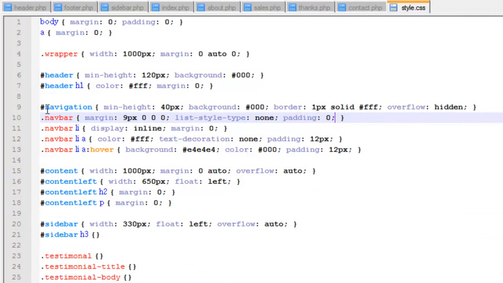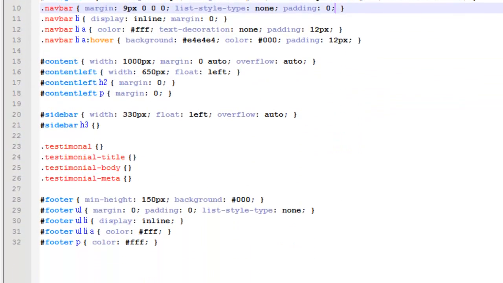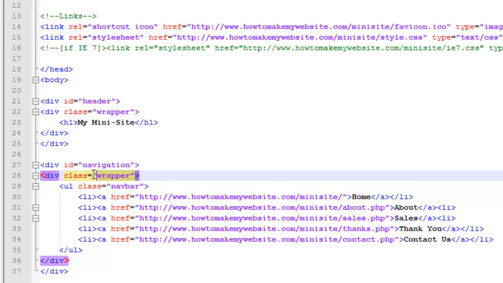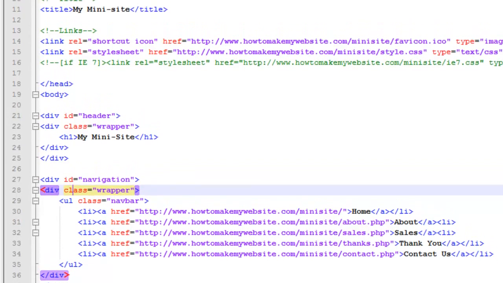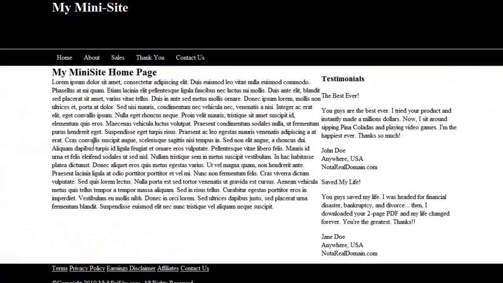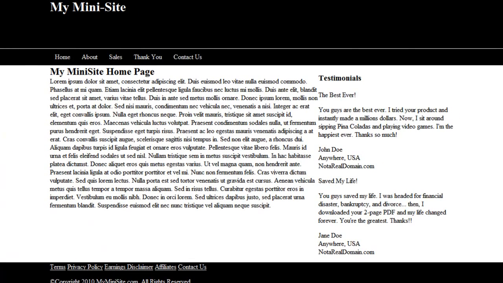Alright, so here's our navigation. I gave this a class of navbar, because it was giving me a little bit of issues since I had this wrapper in between the navigation and the navbar. When I was using navigation UL LI, it was giving me issues, so I gave this a class and referenced that class directly. Here's what we did. First off, I gave the navigation div, which is the div that stretches all the way across over here,